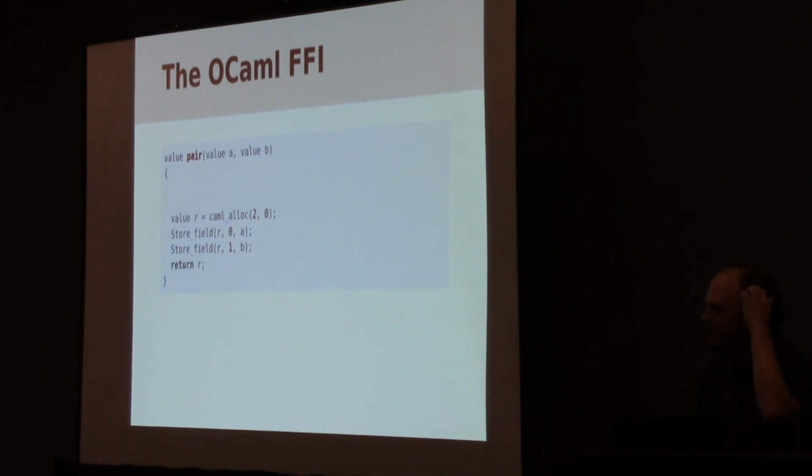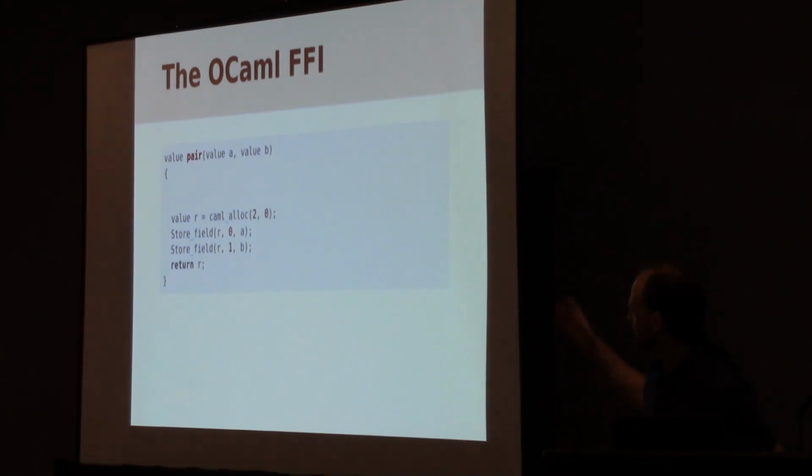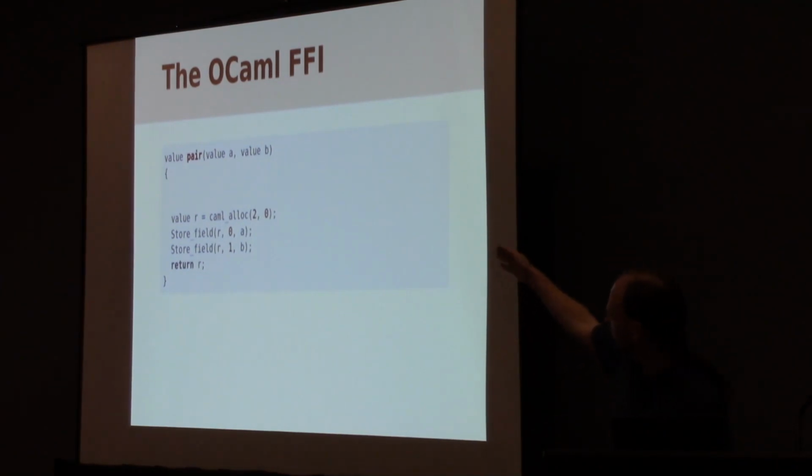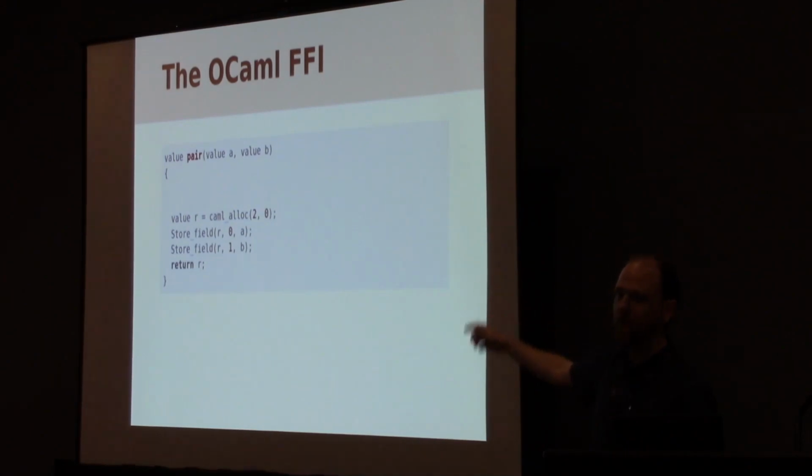And so anyone who's written any code with the OCaml FFI will probably see this and see that it has a bug. And the bug here is that the two values A and B are values that the garbage collector doesn't necessarily know about. So during the call to caml_alloc, that might trigger the garbage collector. The garbage collector might see that there are no other references to A and B. It will collect A and B, and then they will just be full of invalid, corrupt nonsense by the time